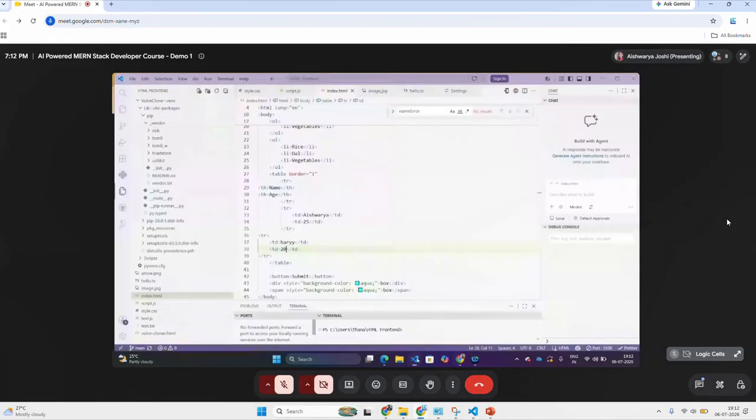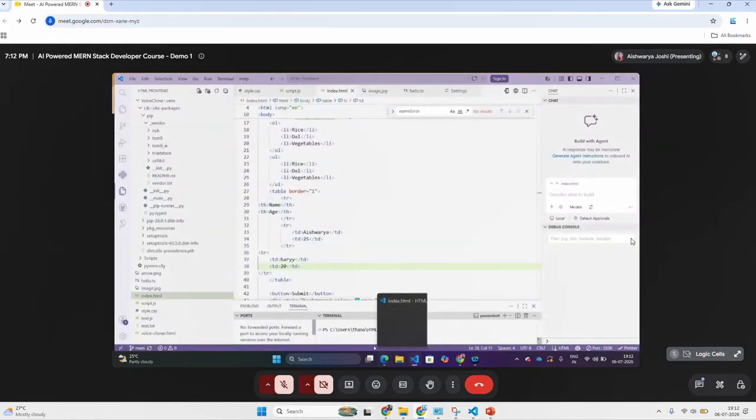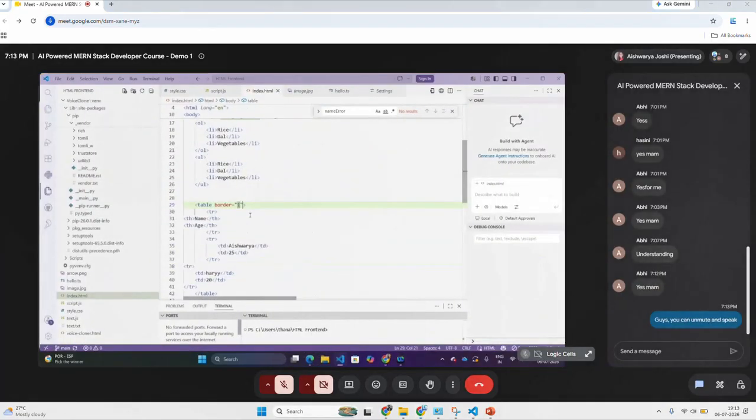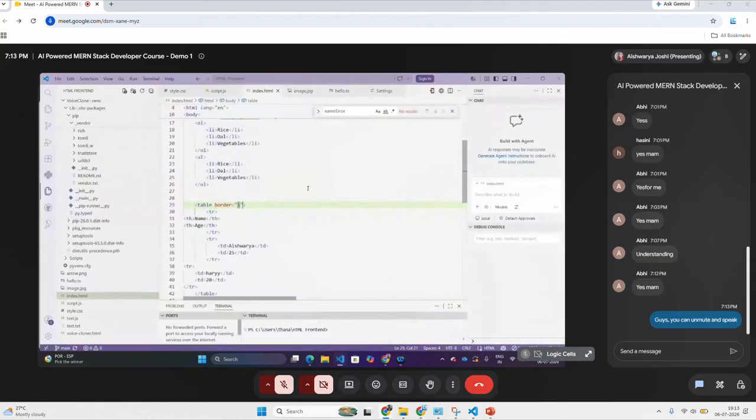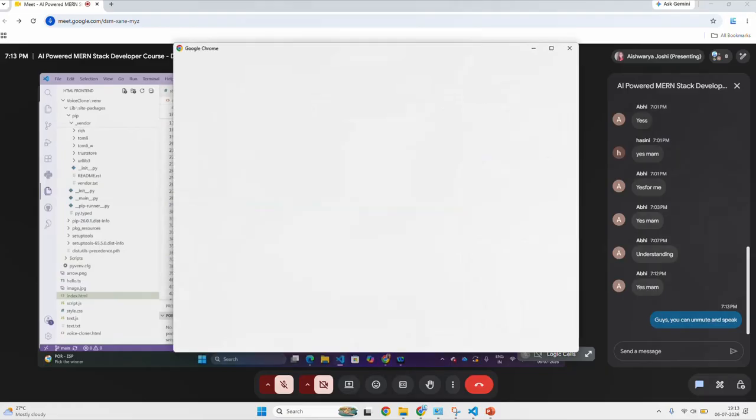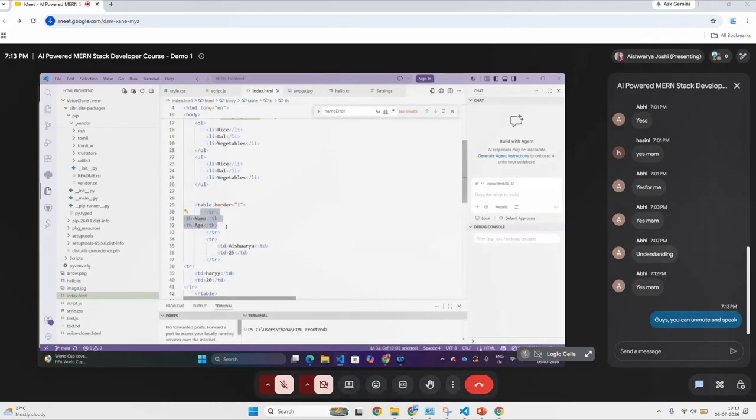So this was about table: how we create a table with rows and columns. Is it fine till here? We are good, right? So we'll move into the next topics in HTML. This is how you create a table. You add the data inside the table. There is a row for your column names, like name and age, and then you have your row for each separate name and age section.